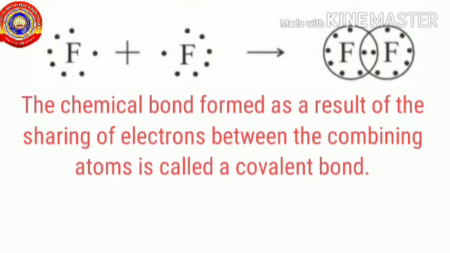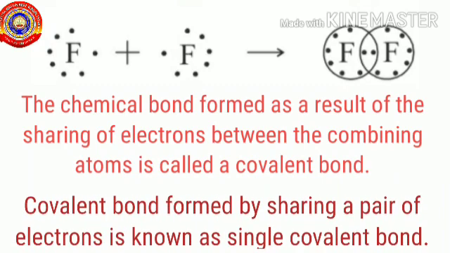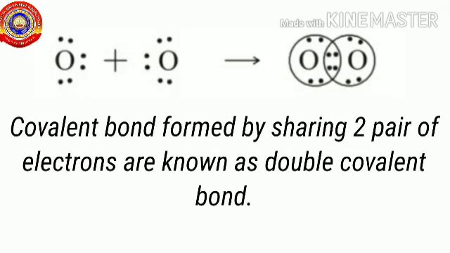The second type of bonding is called covalent bond. It is formed as a result of sharing of electrons between the combining atoms. If a pair of electrons is shared, such chemical bonds are called single covalent bond. Example, fluorine. If two pairs of electrons are shared in a chemical bond, such covalent bonds are called double covalent